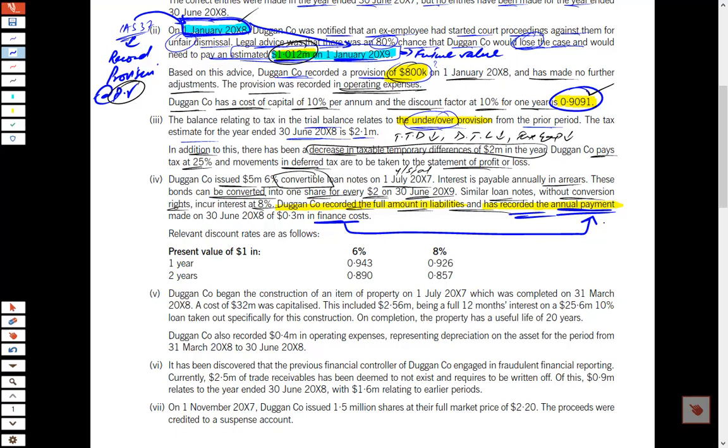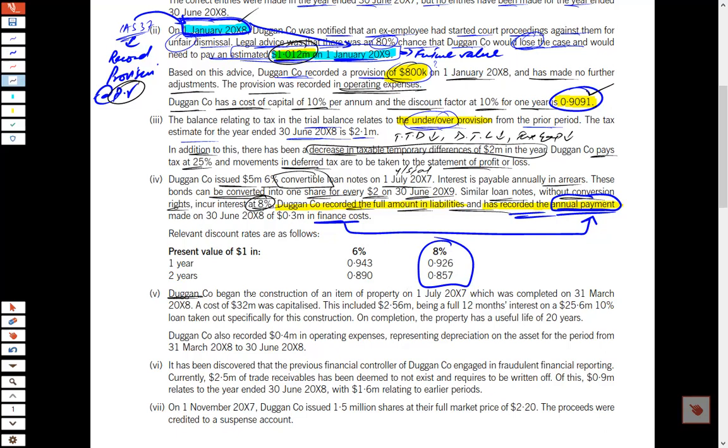So we don't know how much amount is the payment, and to the extent of that amount they have recorded their interest expense, and for the remaining amount, for rest of the amount, we have to make the adjustment. Relevant discount factor: for discounting we always require the higher percentage, that is a market interest rate of 8%. We would be discounting at 8%.